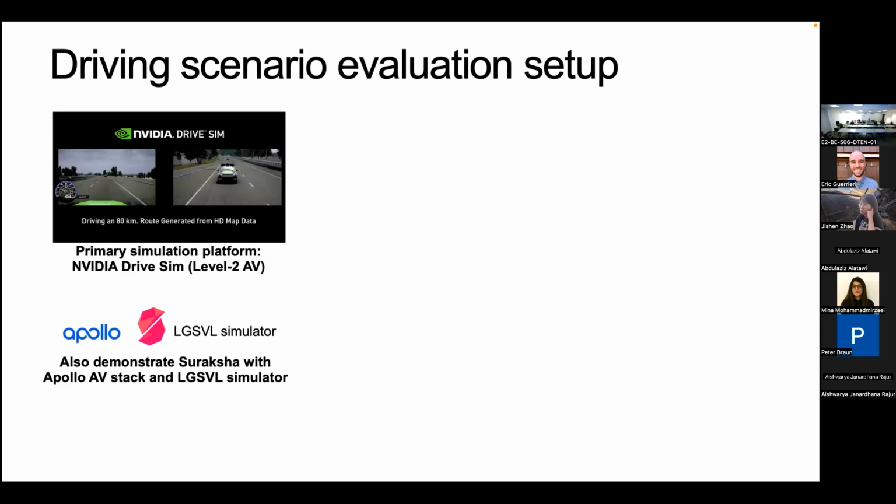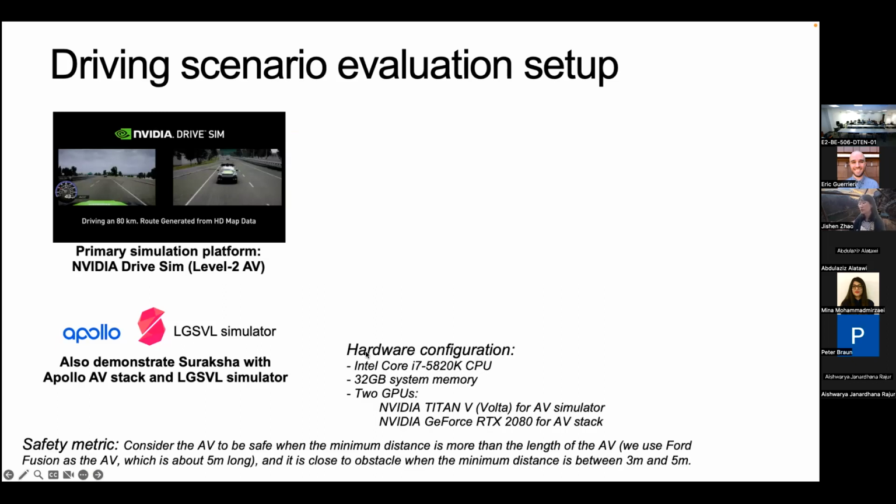We analyze our framework on the NVIDIA DriveSim on a level 2 autonomous driving car, and we also demonstrate our framework with other AV stacks and simulators, like Apollo, which is also another widely used AV stack. Our hardware is a very typical autonomous driving car hardware configuration these days. It has a CPU, memory, and GPU, and because we need to run a simulator at the same time as the AV software stack, we use 2 GPUs. One of the GPUs is just for running the driving simulator, so we can simulate the driving scenarios